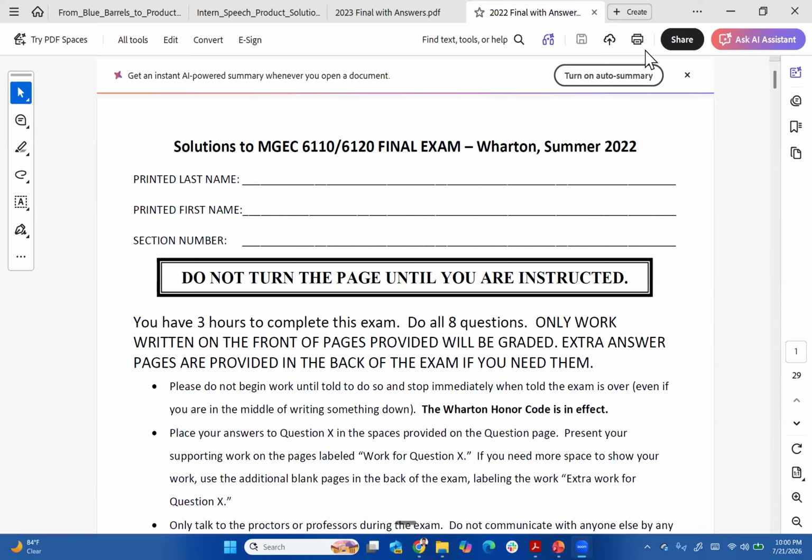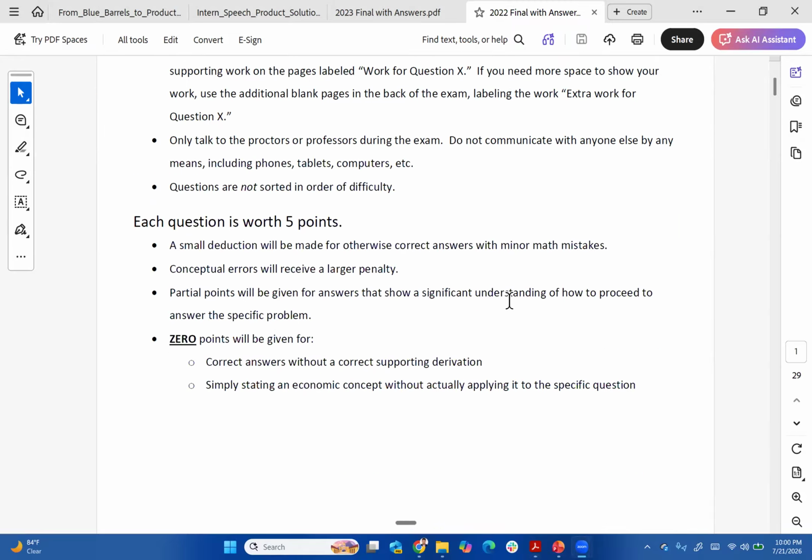So let's see if I can pull them out. So let me share my screen again. This one, for example, is 2022. This is 2023. So 2022 doesn't matter. Pick any one of them. So if you scroll down here